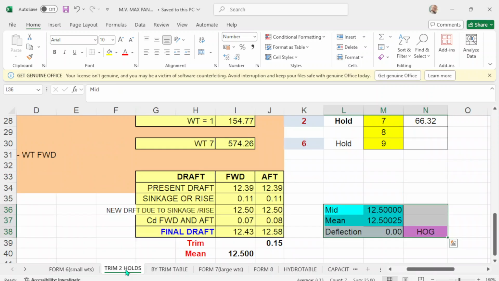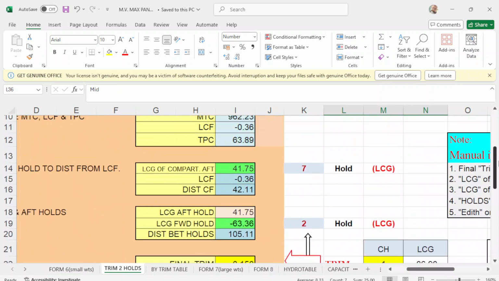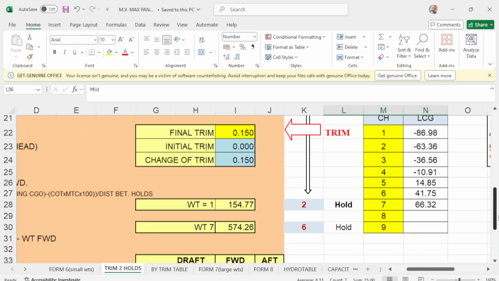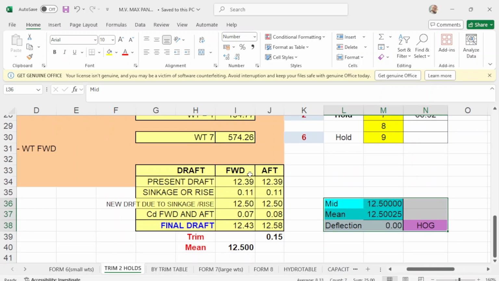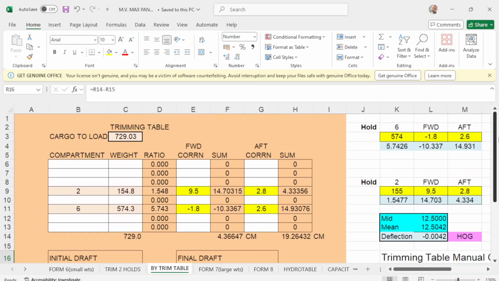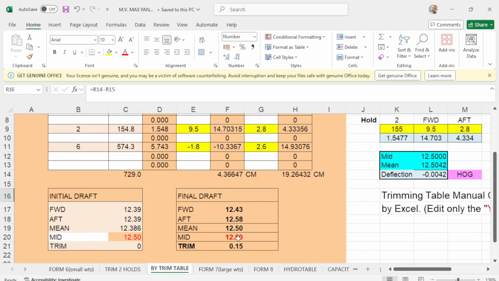You go to trim 2 holds, put the desired weight, and your departure drop will be forward 1243, up 1258. Trim is 15 centimeters, mean is 12.5, and you have a 0 deflection. Then you go to your trim table, put the desired weight and correction, and your departure drop will be forward 1243, up 1258.